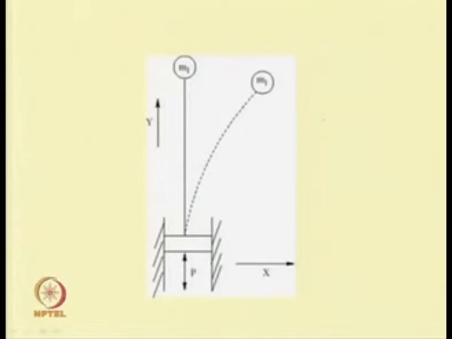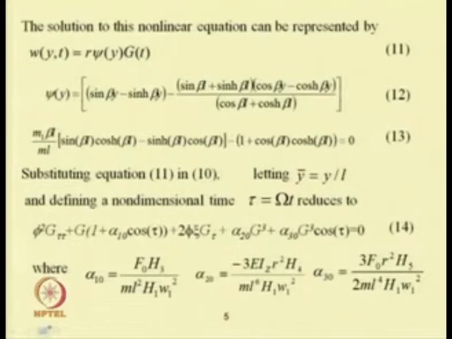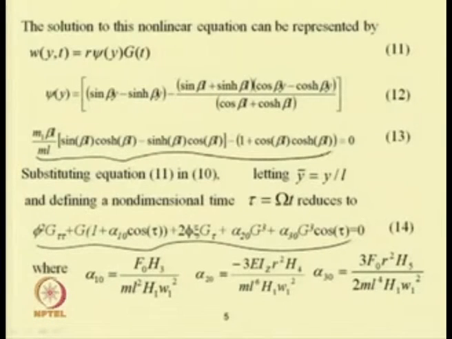Let us take this example that we studied last class. This is a base excited beam, where the base is excited by a force P and it is moving from its non-trivial state. The displacement can be written as W, and we know that the equation of motion can be written in its temporal form by this equation. Our objective was to find the roots of this characteristic equation.